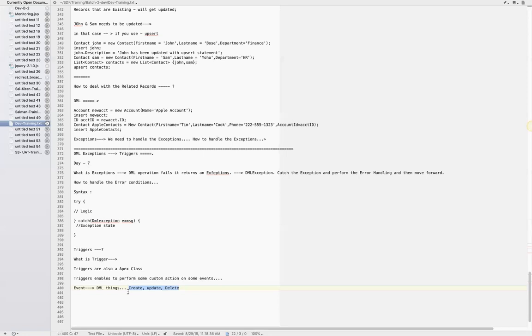If you have account revenue greater than 1 million, the CEO has to be notified. So if you have the trigger that you created, it is going to act upon your event. The event is that you are going to keep creating accounts. Whenever the account is created, you can send an email to your CEO or notifications to anybody,